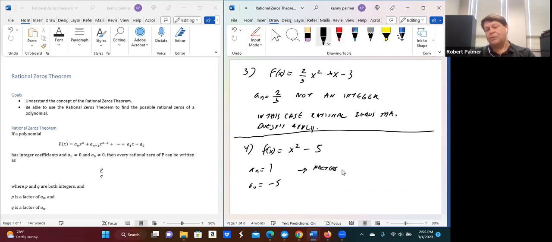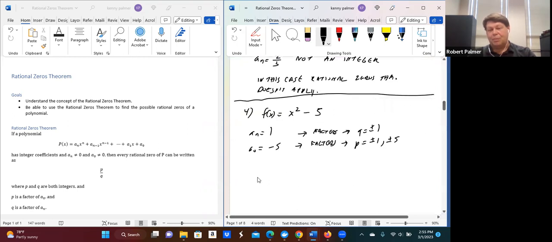The factors of 1, once again, this is our q, would only be plus or minus 1. And once again, if we factor this, our p could only be plus or minus 1 or plus or minus 5. So once again, our possible rational zeros